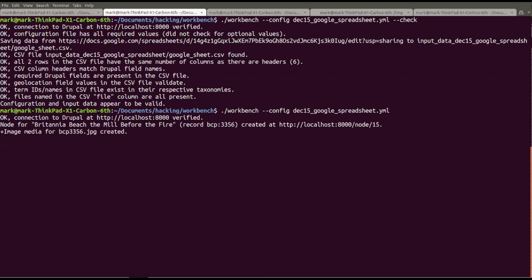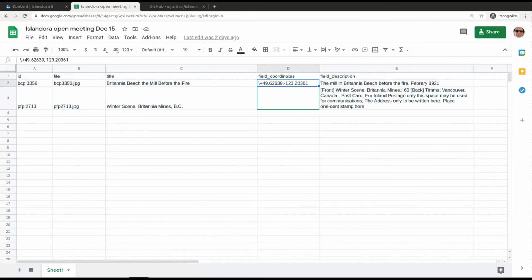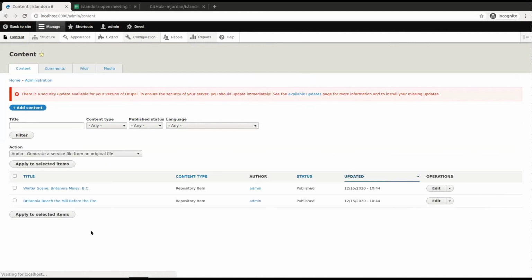Just two in this case. Go to my Islandora and show you. Here's our two nodes. If I go into